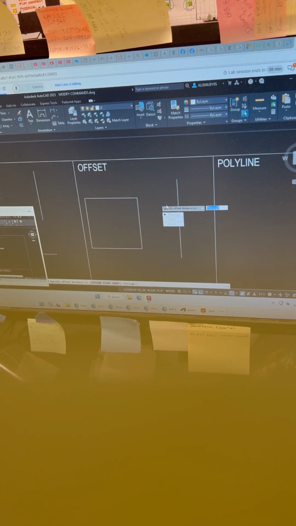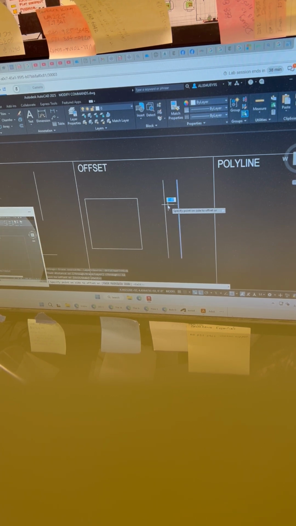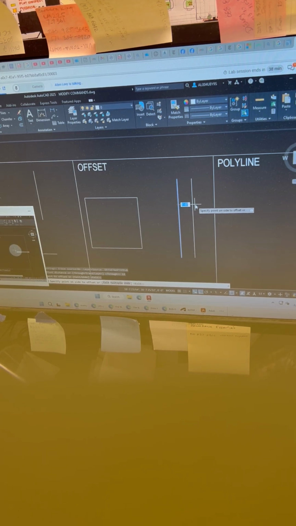Basically what this means is I'm going to pick on this object, and a copy of that object will be created at precisely 1 foot away from it. So I want everybody to type in 12 for 12 units or 12 inches. Hit enter. And then I want you to select this vertical line here. Now, move your mouse to the